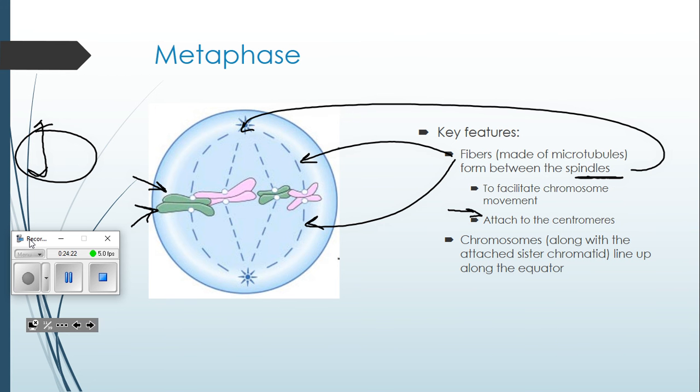So if I was going to represent this cell, I would say, oh, I hate writing on this. I would say 2n equals 4. There are 4 chromosomes. Now, how do I know this cell is 2n? Well, remember I said somatic cells do this, and unless otherwise specified, somatic cells are 2n, diploid. They have 2 copies of each chromosome always. So if I look